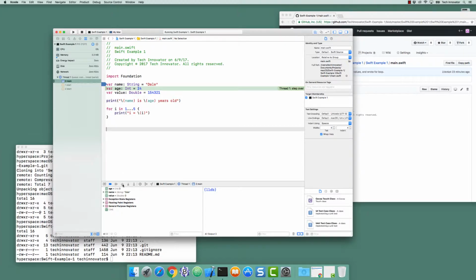If I step over the next line of code, you'll see age change to 24. If I step over that next line of code, value gets set. If I step over the next line of code, Dale is 24 years old gets displayed. If I now am on this for loop and I step over, we're going to go to the print. If I step over it again, we're going to print the first value of i. If I step over it again, I'm going to get the next i, and I can just keep on stepping